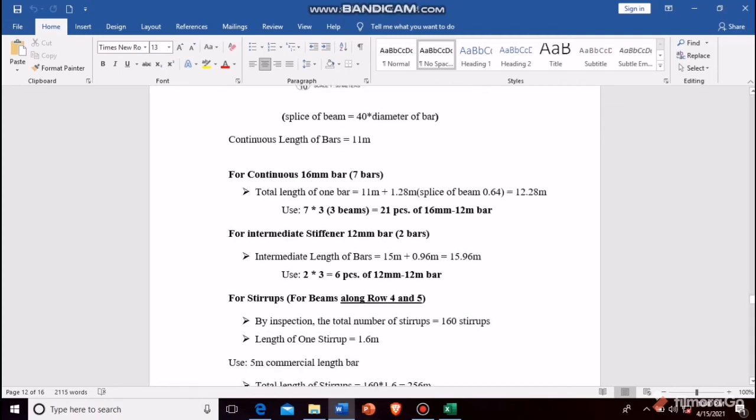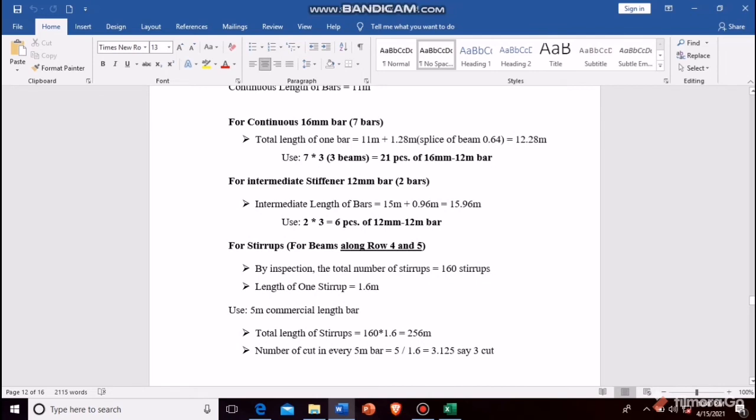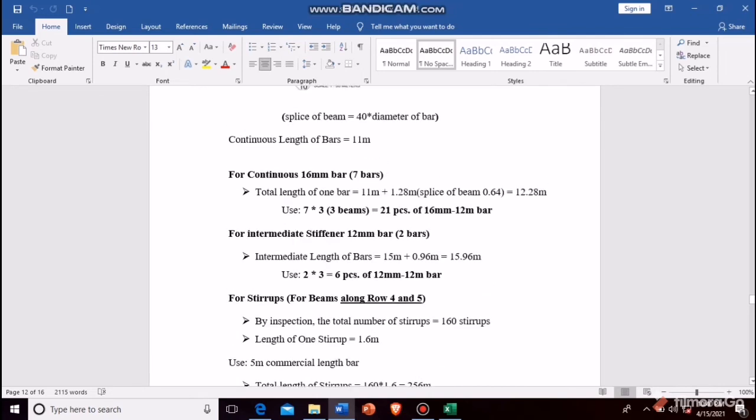By the way, this is not 15, this is 11 meters plus 0.96. This is 11.96 meters. So we will use 2 times 3 equals 6 pieces of 12 millimeter, 12 meter bar. This is 11.96. For stirrups, for beams, and clarification sir sa kaning bar dere